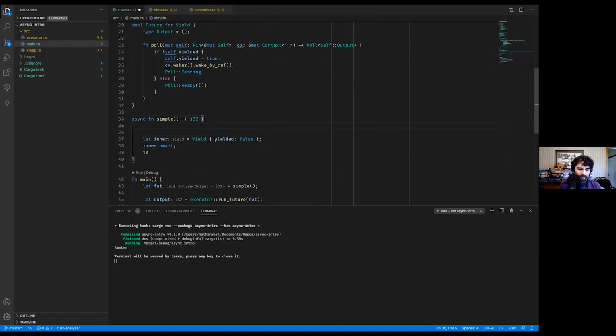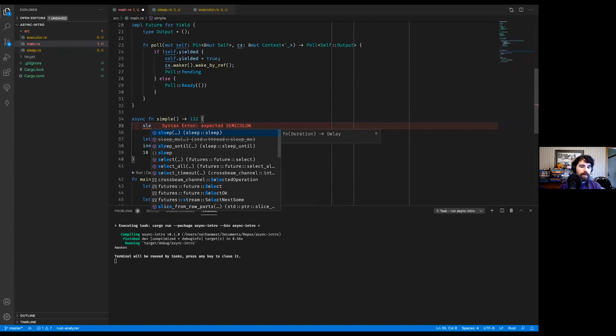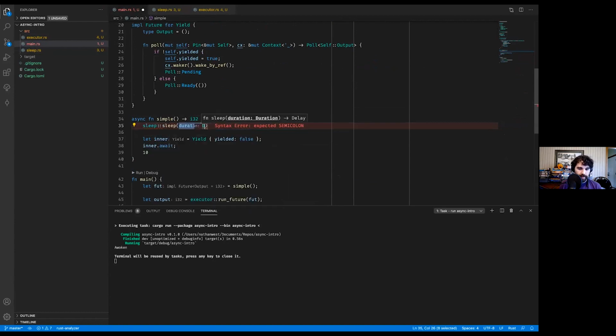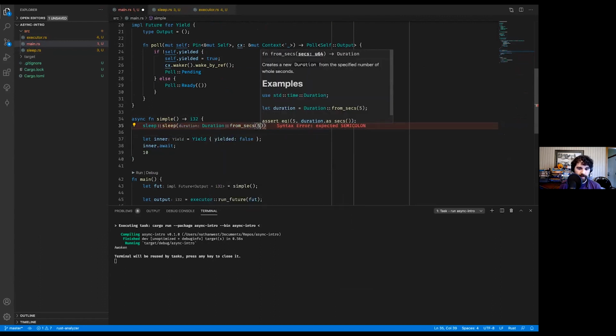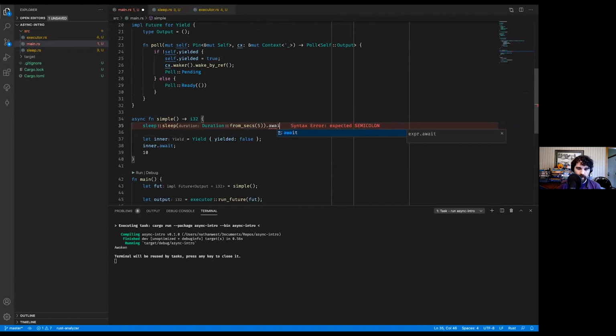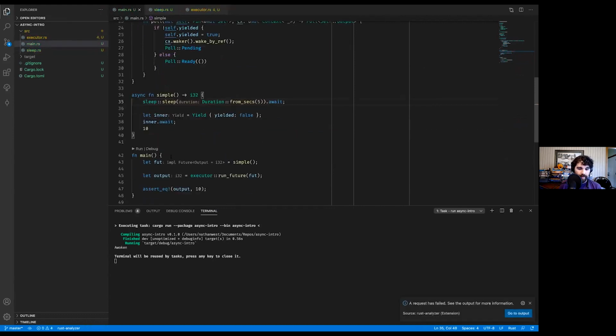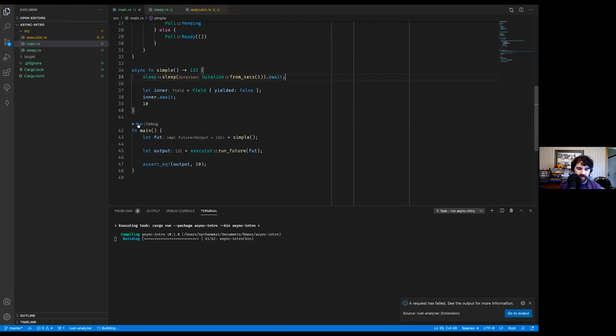But before that, we have our sleep module. We will sleep for, say, 5 seconds, Duration::from_secs(5). This is a future. We can await it, right? So all that work means that we can just write this await here and just await the sleep. And we should see that it sits and does nothing for 5 seconds. We see that our executor is printing its notifications as it runs. It'll be notified, and we're done.